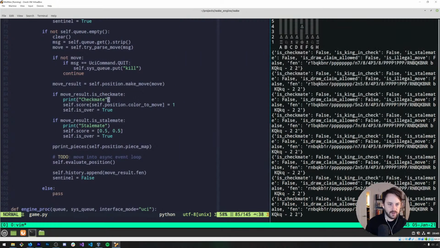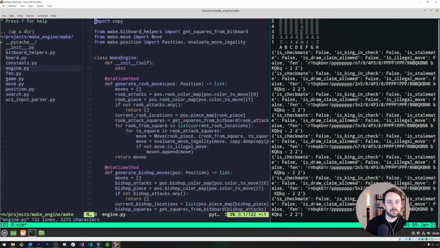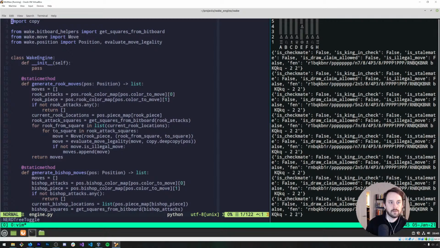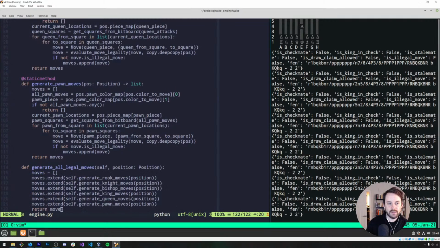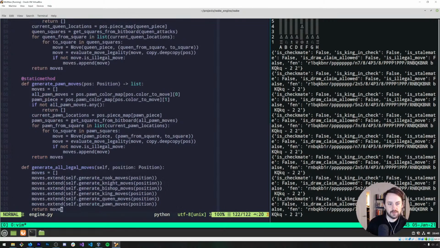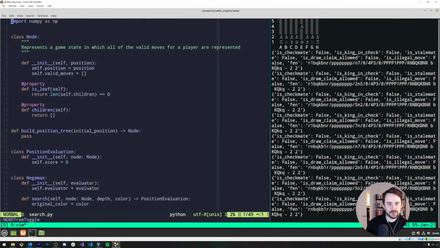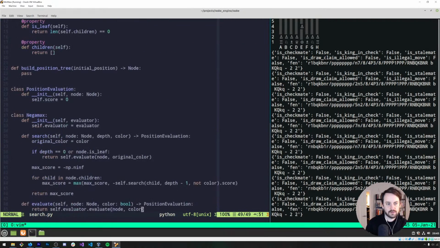And I think I started implementing negamax. I pulled out engine, generate all legal moves, search. All right, here's a negamax implementation in Python.